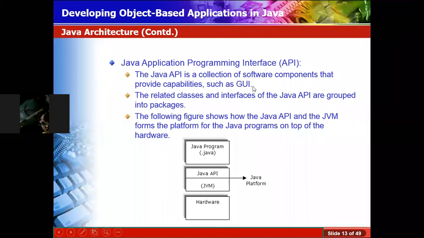So Java API is a collection of software components that provide capabilities such as GUI. The related classes and interfaces of Java API are grouped into packages. For designing